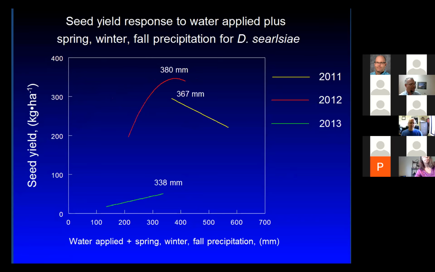And it's interesting because then we ended up finding that the ideal amount of water to apply for maximum yield was a lot more consistent from year to year. In this case, I believe it's about, I don't know, something around 6 inches. So we realized that we need to include the precipitation for some of these species when we determine how much water to apply.